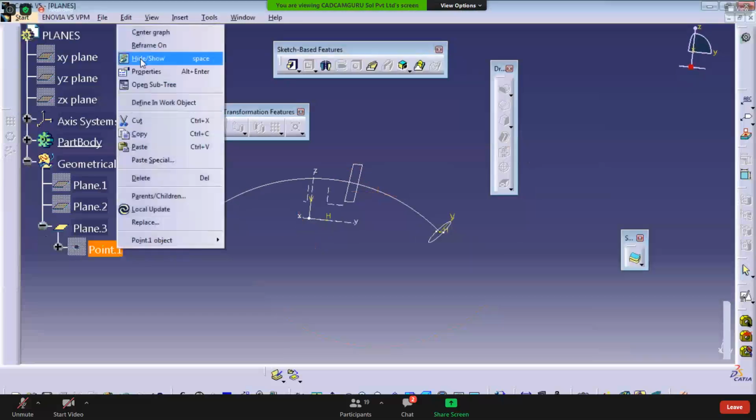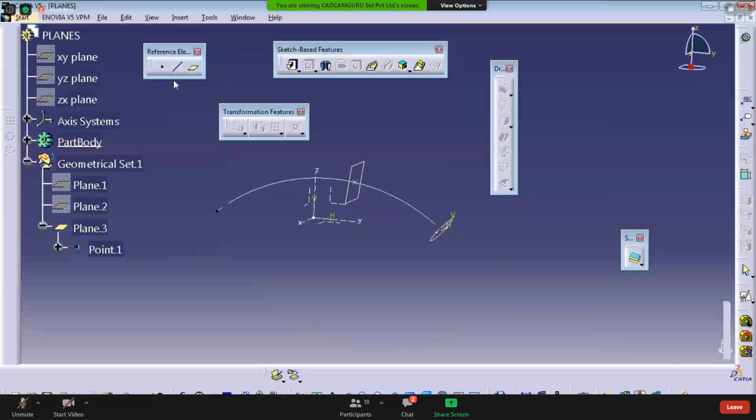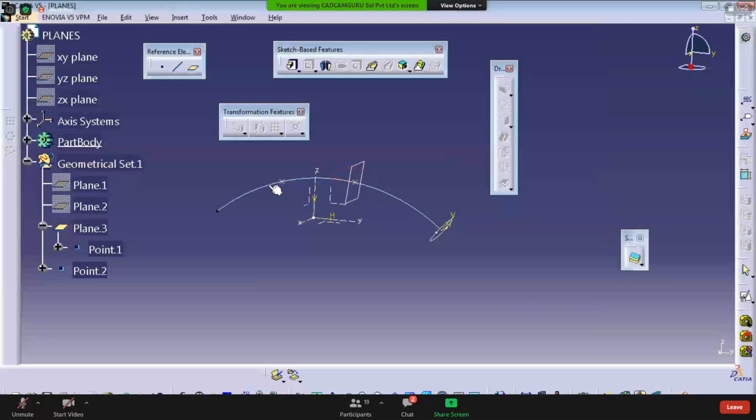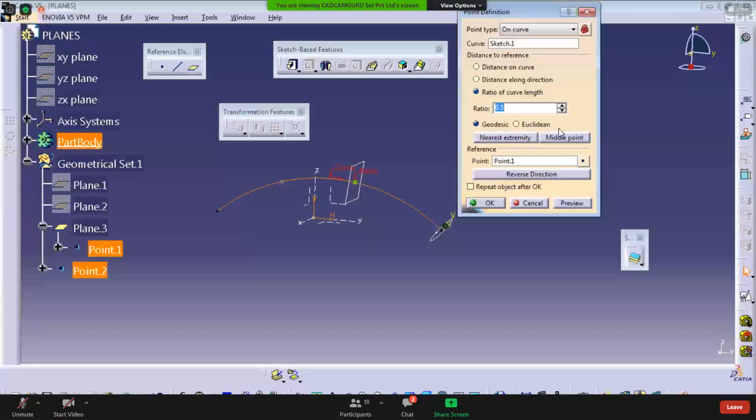Even if we expand the point, you can show it here. This is the point. If you want to build one more point, just click on the point, select this arc, and now you want to change the location. The 0 location will be the previous point, this point. So from the starting 0 location, this to this, I want 50% length. So it goes to 50% here, not at the center, because the 0 location is this one. Preview and click OK. The point gets created here, in between this black point and the previously created point. The 50% point location is plotted here. If you change the value to 0.20, 20% length will be here.